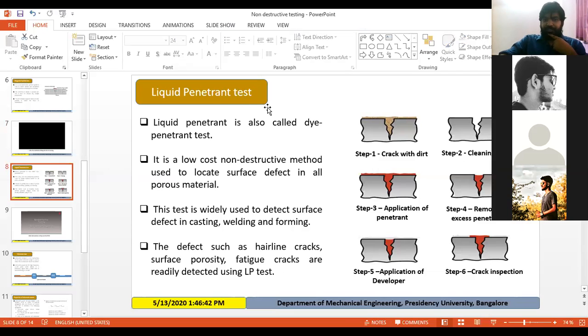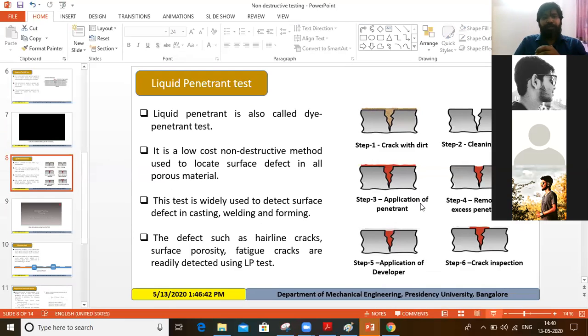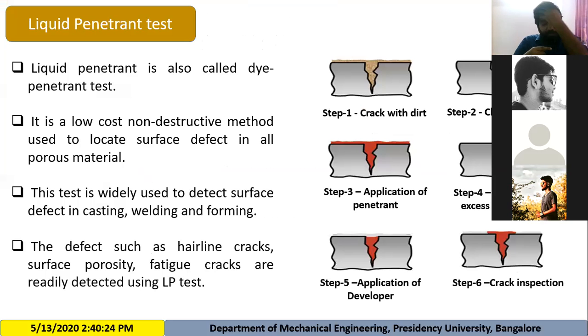liquid penetrant test. This is another type of non-destructive testing. In visual testing, you have seen that we are not going to disturb or destroy the workpiece. In magnetic particle testing also, we are not going to destroy the workpiece. If there is a crack, then that will tell us, otherwise we can use that particular product for further use. So the next type of non-destructive testing is this liquid penetrant test. Liquid penetrant is also called dye penetrant test. Okay, here in this we are using a